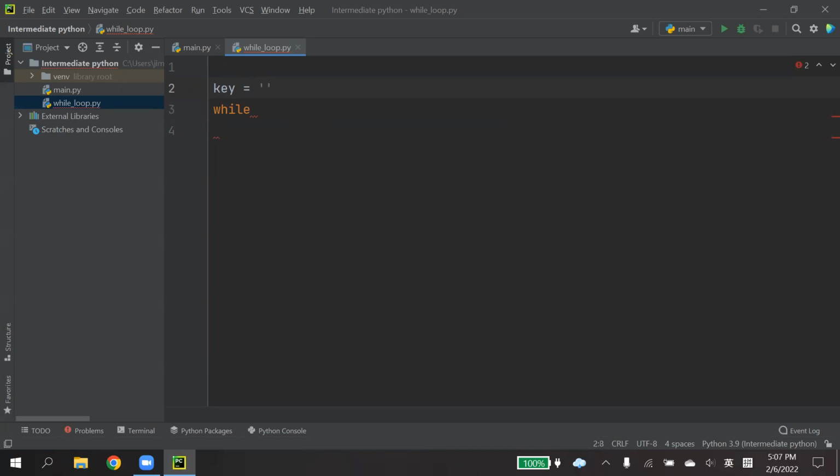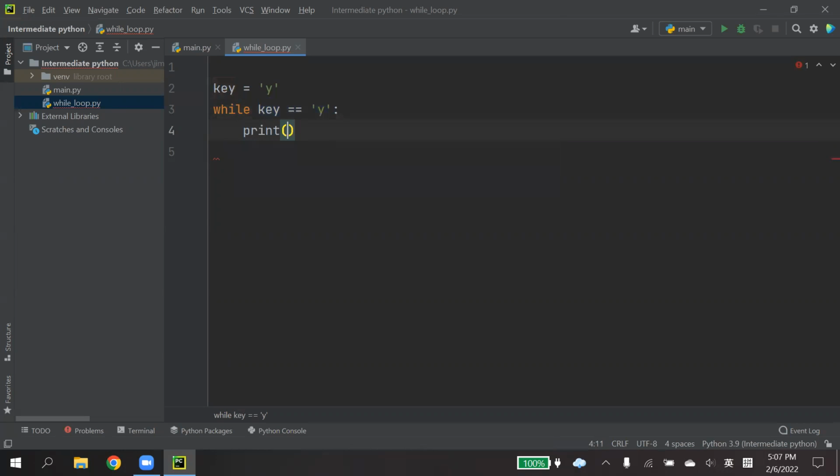Maybe I define it as y. If my key is equal to y, then I will continue with the looping. This can be a complicated expression; it can be any expression. The expression will be simplified into true or false. If the expression is true, it will keep repeating what is inside. If it is not, then it will exit the while loop.